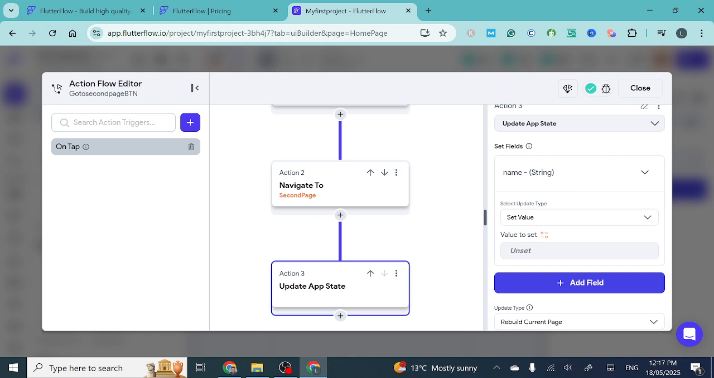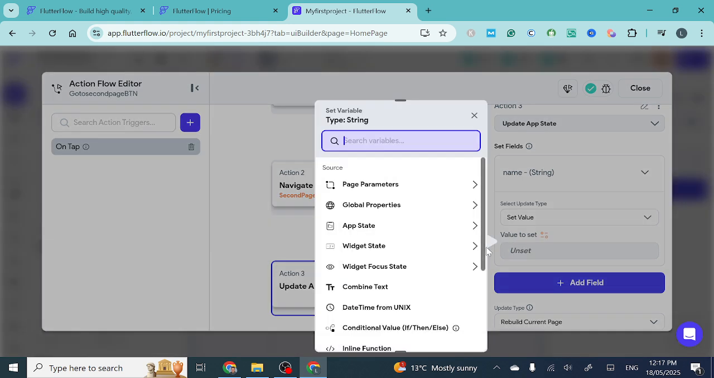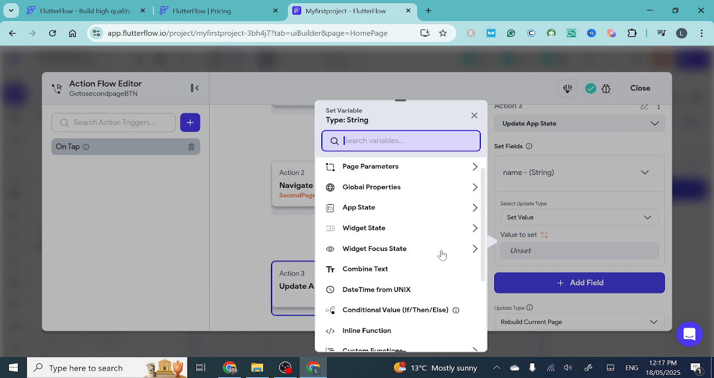So we want to make this behavior dynamic. As the user enters their name, we want to collect that name. Now, we see these little orange icons. We can click on that, and it gives you a whole heap of options of things that you can do. So if we go to App State,